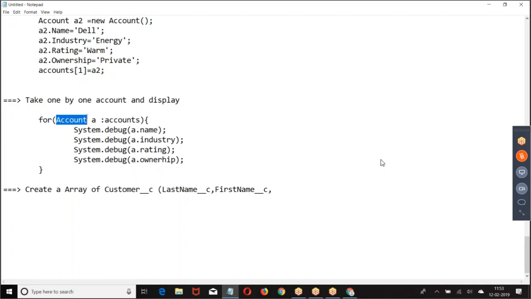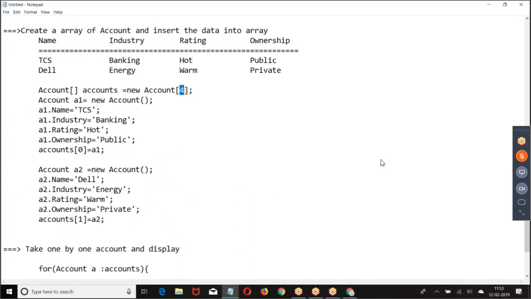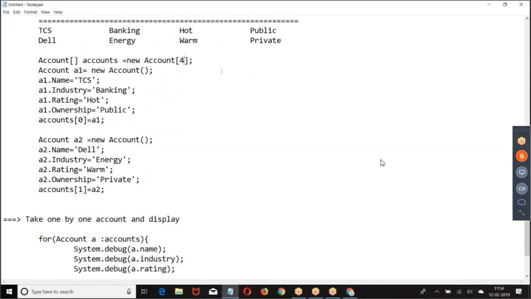Yes, Satish. Right. So look at this. I mentioned 4 here. Salesforce has not told you to put 4. According to your requirement, you want to take 4 elements, so you kept 4. If I take 400, we can put 400 elements. I hope you are good with this. Okay, boss. Now again, I mentioned very clearly, boss.